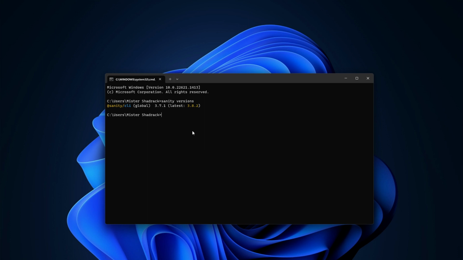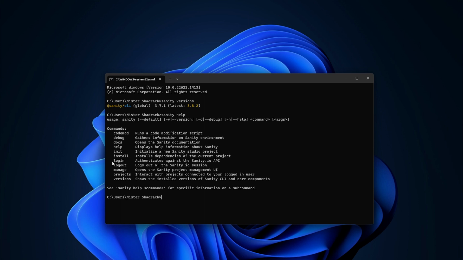I can do sanity help to see other commands as well. If you want to log in locally, you can do sanity login. If you want to log out and log into a different Sanity account, you can do sanity logout. So you can create a new project locally by doing npm create sanity@latest, which we are going to look at shortly. Before we create a new project and start looking at schemas and all that,